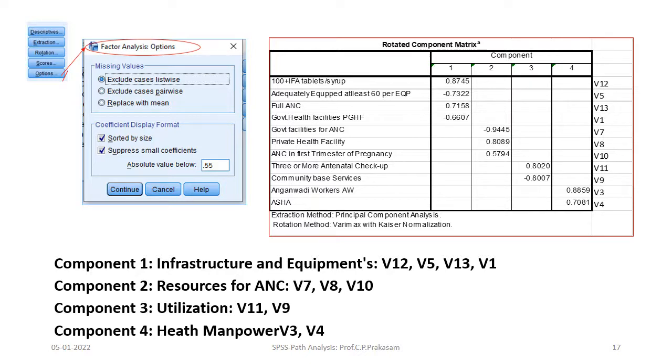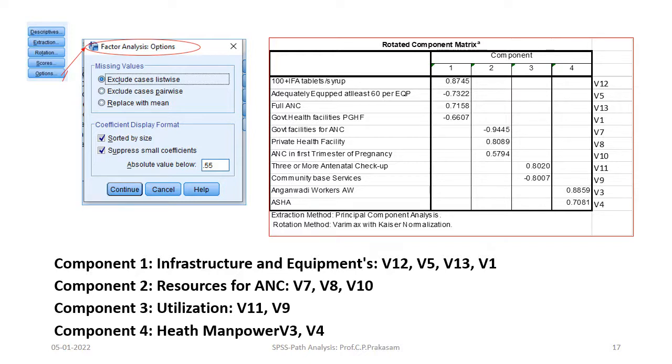Component 3 is utilization, that is V11 and V9. And the last one is health manpower, Anganwadi worker and ASHA, given the name suitability. So when you look at this last table, the rotated component matrix, it gives you the factors and the related variables in each factor, and you can name each factor.